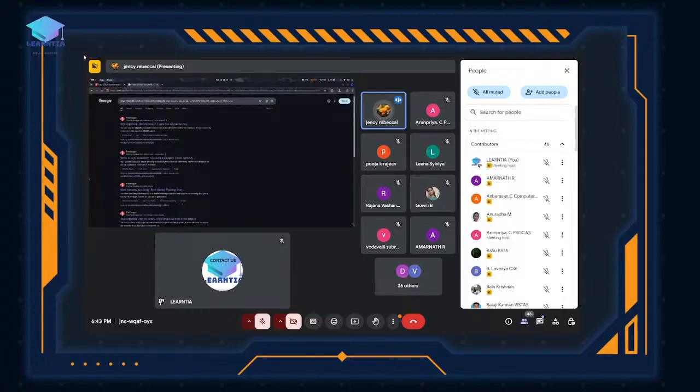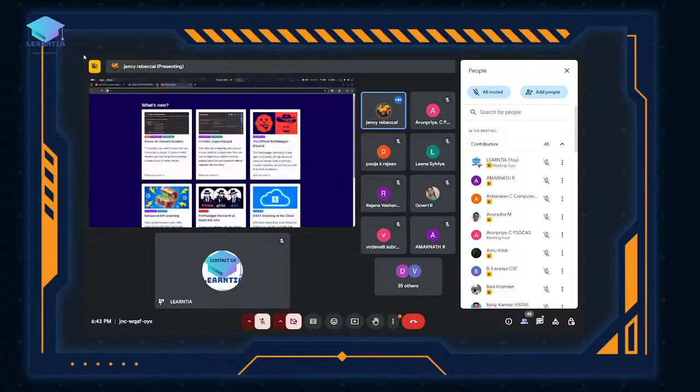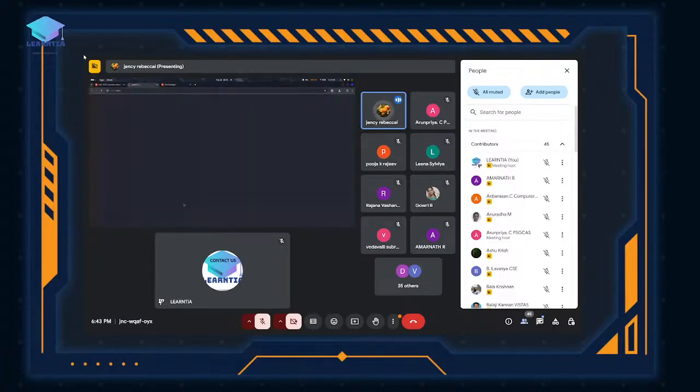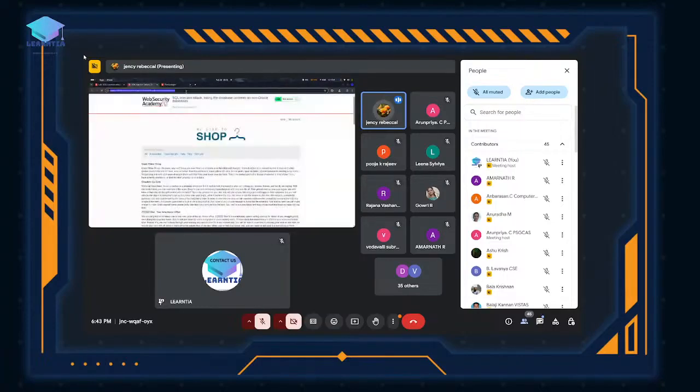Okay, the reception is not working. Okay, I will tell another method. Here we can see the HTTP link, right? So here we can give a malicious code like